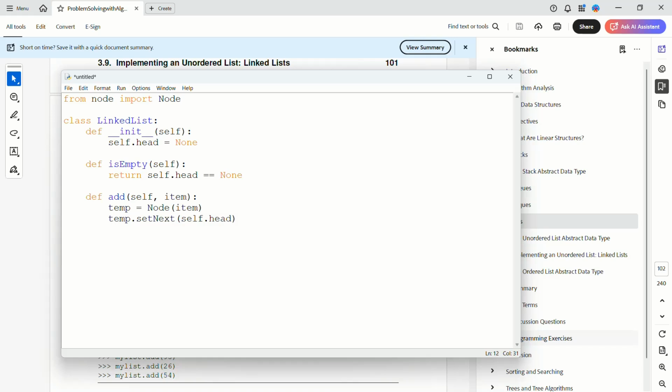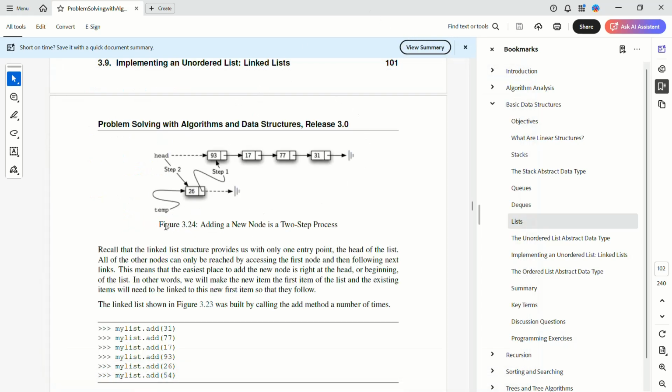So we want to set temp's next value to self dot head, and then self dot head we want to make equal to temp. So that goes with this stuff here. Okay, so we make temp dot set next, take its next and set it to head,